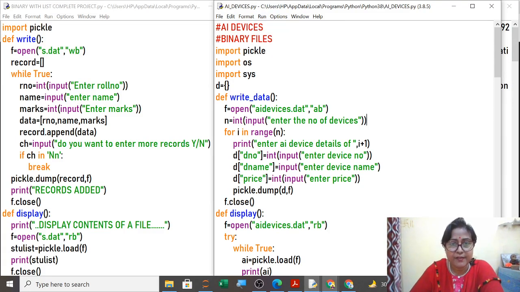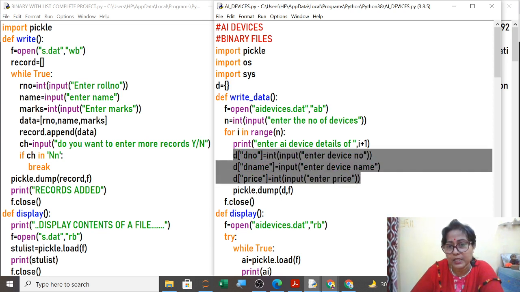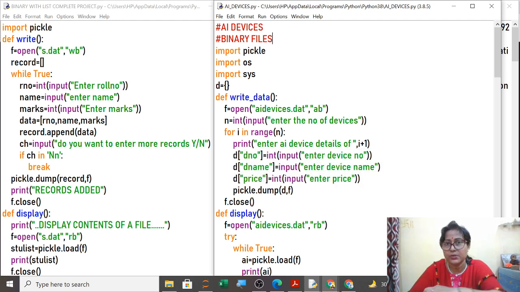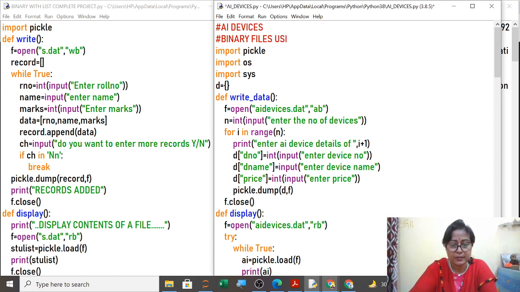So binary files using dictionary you have already studied. In this only the data is stored directly from the user. It is collected and stored in a dictionary. So this dictionary method you have already used in the previous class. So binary files using